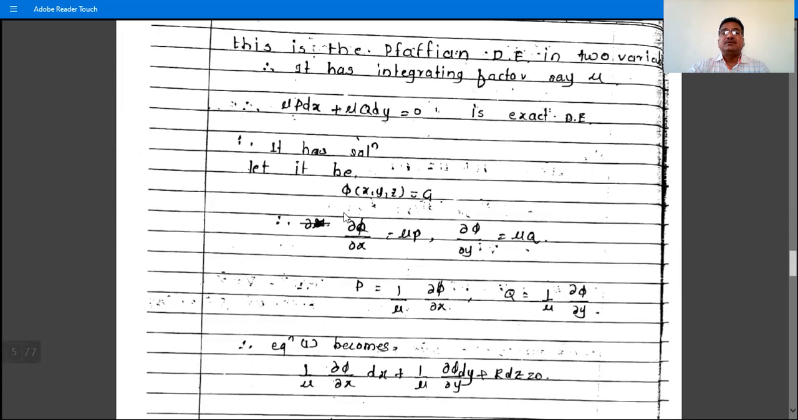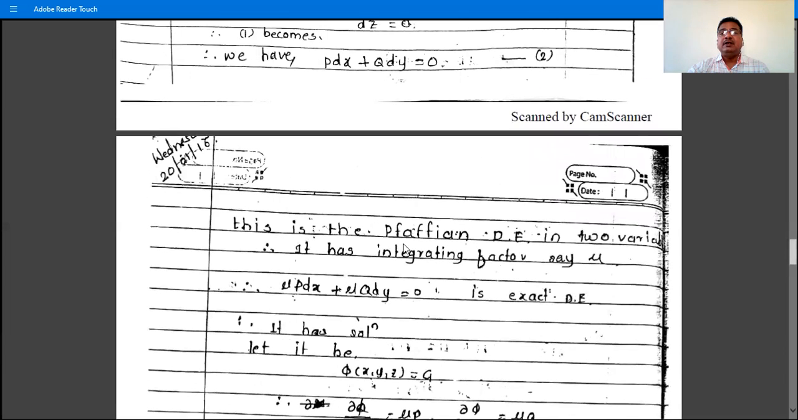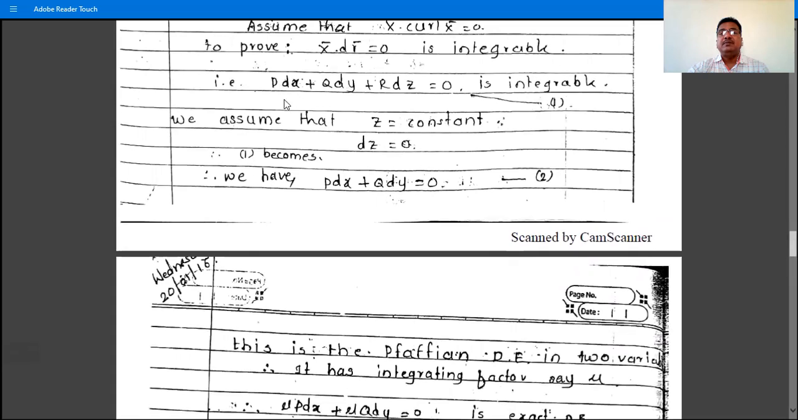∂phi/∂x is mu p and ∂phi/∂y is mu q, because after finding d phi, which is ∂phi/∂x dx plus ∂phi/∂y dy, d phi is equal to 0. If you compare these two, then mu p is ∂phi/∂x and mu q is ∂phi/∂y, and then p is equal to 1/mu ∂phi/∂x, and q is 1/mu ∂phi/∂y. Therefore equation 1 becomes, after substituting the values of p and q,